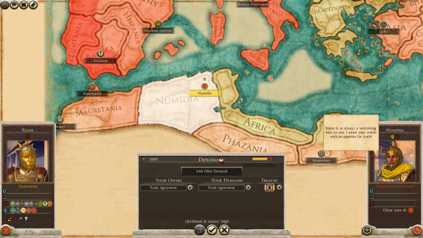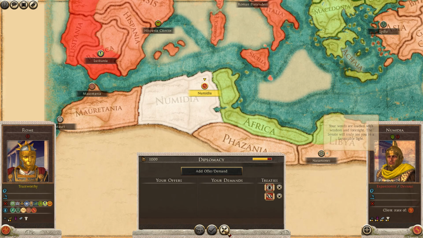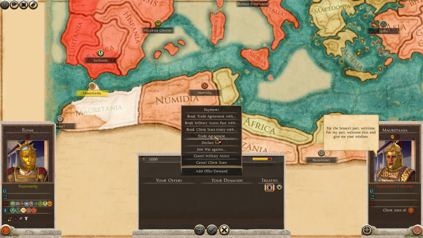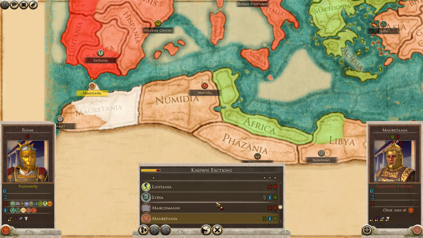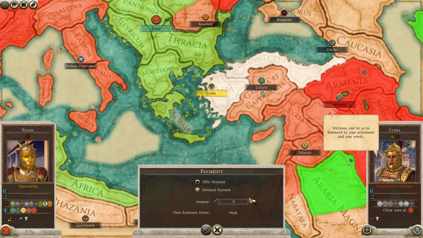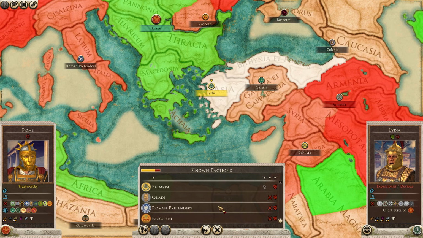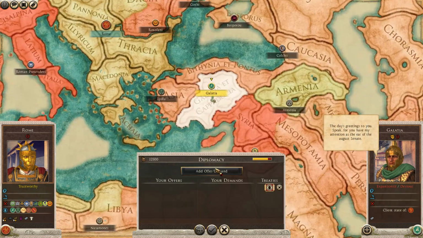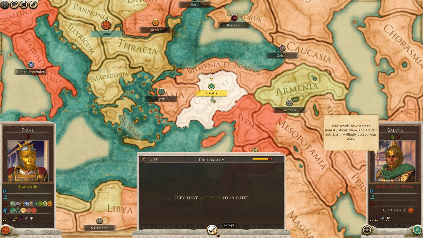Rome is, as always, a welcoming host to you. I await your words with an appetite. Get trade with our allies, our subjects. For the Senate's part, welcome. For my part, welcome. Your words are... Welcome, and let us be honored by your attendance and your words. Though Roman dignity is undoubtedly a... The day's greetings to you. Speak, for you have my attention and...